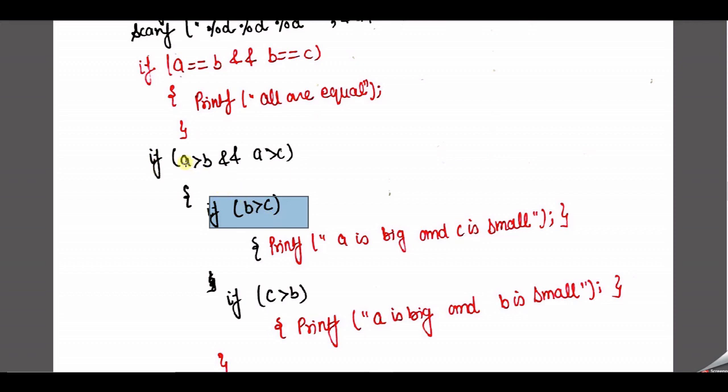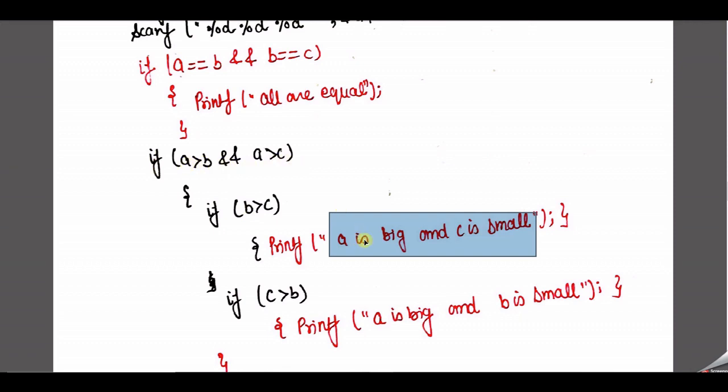So exactly what happened: A is greater than B, A is greater than C, that means A is the biggest. And if B is less than C, that means B is the smallest number. But here I used B is greater than C. Maybe some student writes here B is less than C. Both are true, but the output will change here. So what will the output be? B is the smallest number. If I write B is the smallest, I just type the greater than value. So just look at it again.